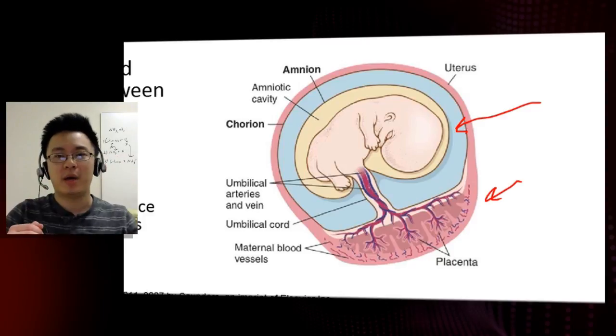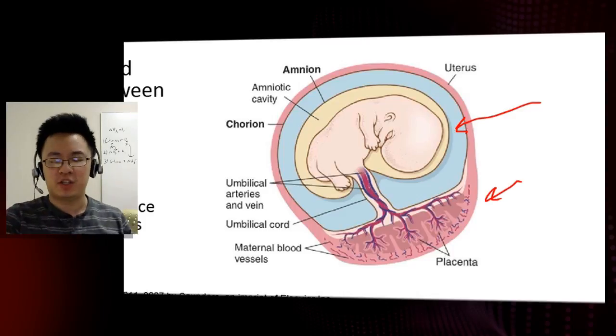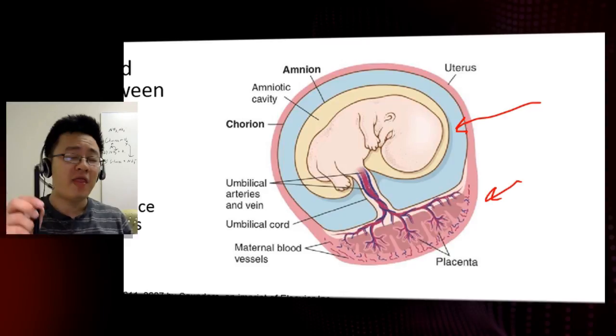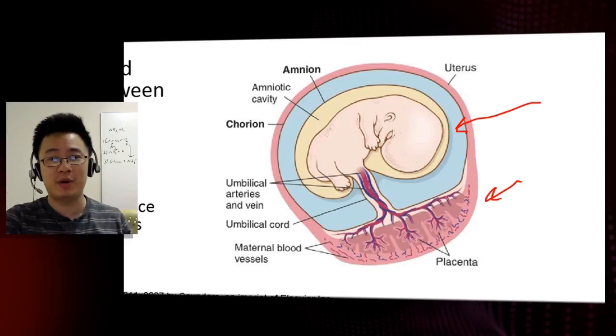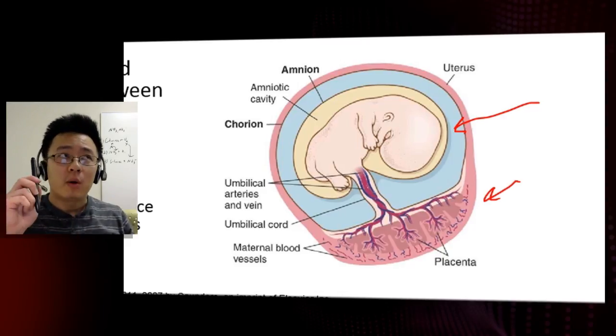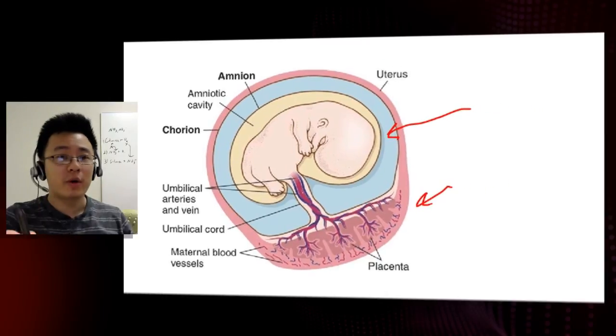Through the process of diffusion, the materials diffuse back and forth. So you're probably asking me this question. The baby needs oxygen in order to survive. That one, I'm pretty sure you would agree with me on. There is this protein in the red blood cells known as what? If you said hemoglobin, you're correct.